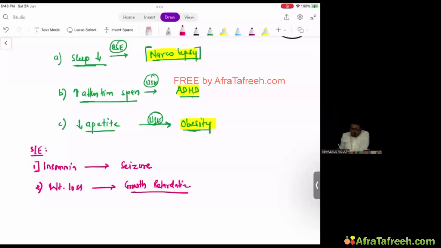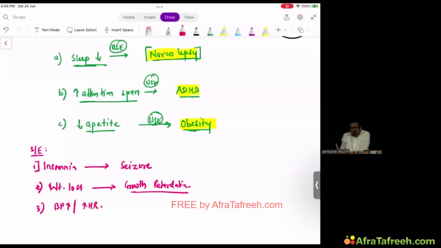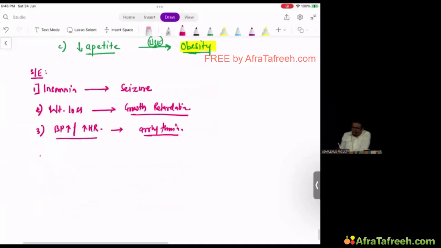Third, amphetamines are sympathetic drugs. So what do you think will happen to BP and heart rate? Too much of this, arrhythmia. Fourth side effect, just imagine,